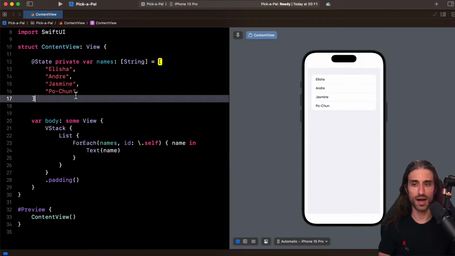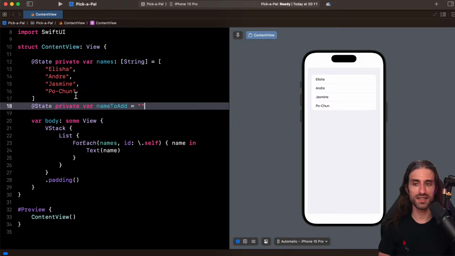So nameToAdd. So we can see this pattern of adding a property to store the data that is currently being created. We saw it before. Actually, I'm not sure if we saw it. No, I think we saw it actually just after this. The tutorial goes into how to use SwiftData, but I've already covered this in a series of tutorials, and I think that's where I saw this pattern.